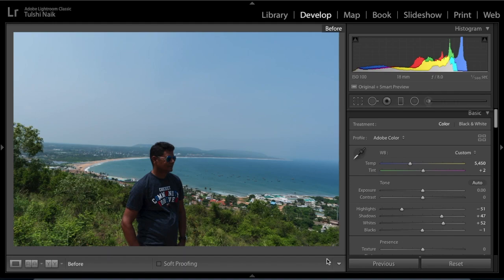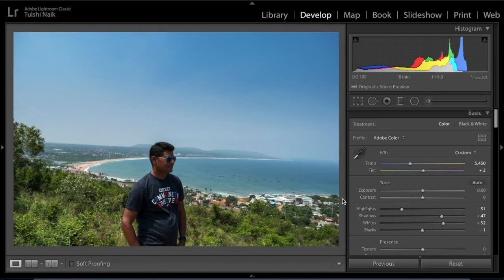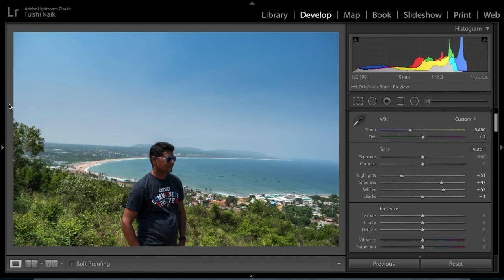Let's review once again. So this is where we begin, this is where we reach so far. Now let's work on this area.